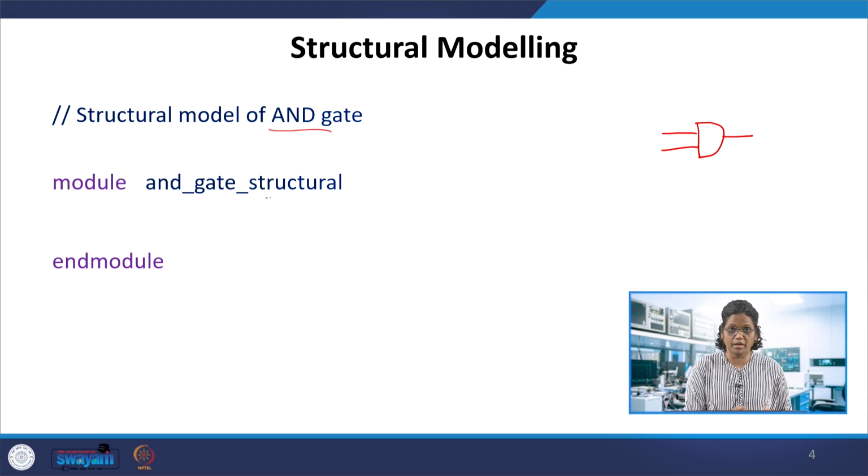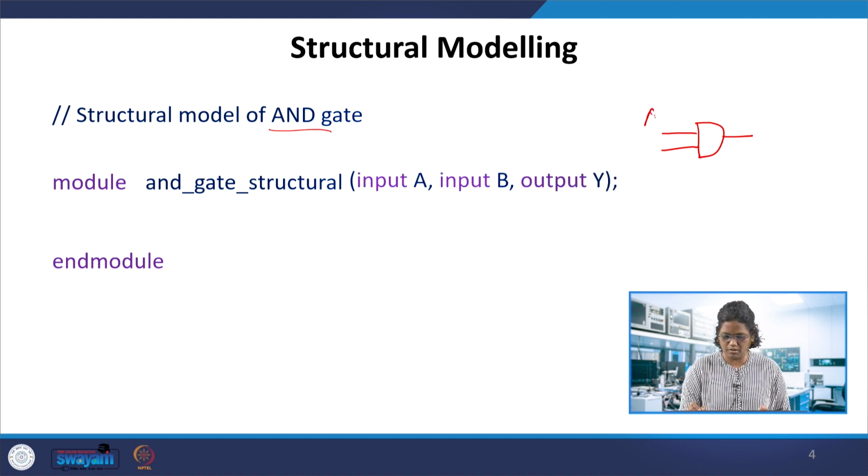This is the module name, and then we define the port names. The port names we give here are A, B and Y. A, B are inputs and output is Y. The input need not be repeated here. As we have seen in the previous slides, input A comma B would also suffice. Output is Y. So these are the port names, 2 inputs and 1 output. The declaration can also be input A, input B, or input A comma B as a separate line also, and output Y. That way also we can define the declaration. So this is the module, endmodule, module name and the declaration part is done.